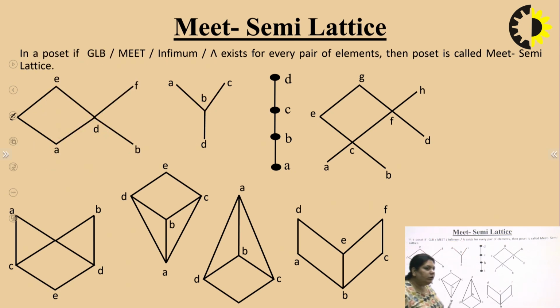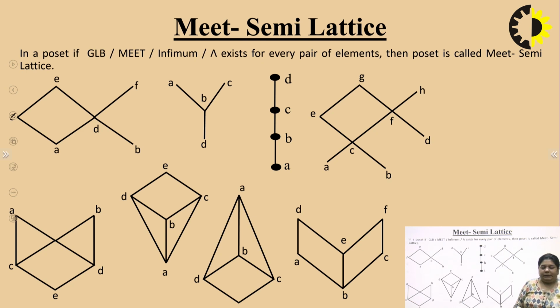Now we will talk about the meet semi-lattice. In the meet semi-lattice, for every pair we have to find the greatest lower bound, or the meet. If we are unable to find the meet in a semi-lattice, then we say that this is not a meet semi-lattice. That means for each single pair of elements, we have to find the greatest lower bound, meet, or infimum. If we are unable to find it for any single pair, then we will say this is not